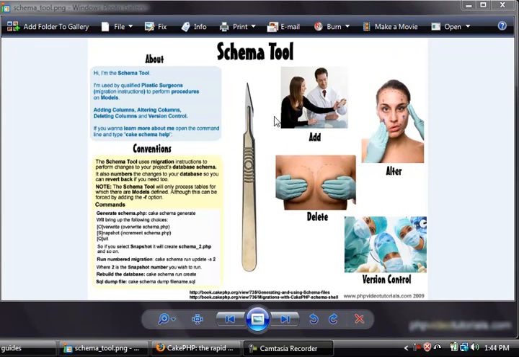Alright, so we have a few pictures here as well. I've just got this so you can try and remember. I've got a lady here going to get some boob implants. And then there's another lady who's going to get her face altered. And there's another girl who's going to get her boobs deleted. Which is hilarious. Which is sad as well if she had something wrong with her, but maybe she's just going